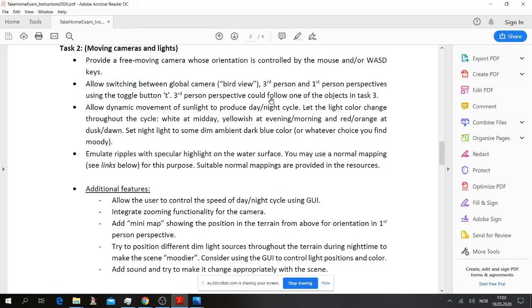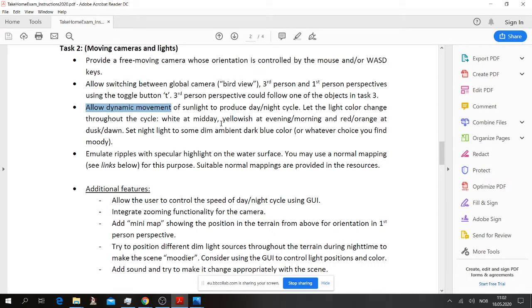The third-person perspective could follow or be locked onto one of the objects in task 3, if you like that. Another thing is, now we would like to see dynamic movement of the sunlight to produce a day-night cycle. So you of course have to let the sun move, and also change the lights throughout the day cycle.